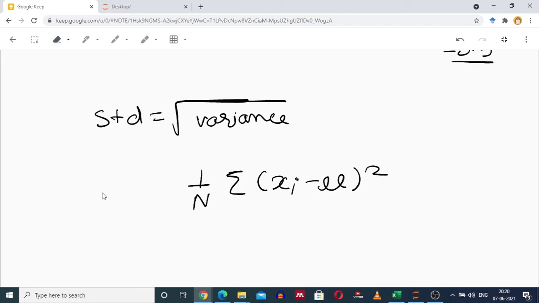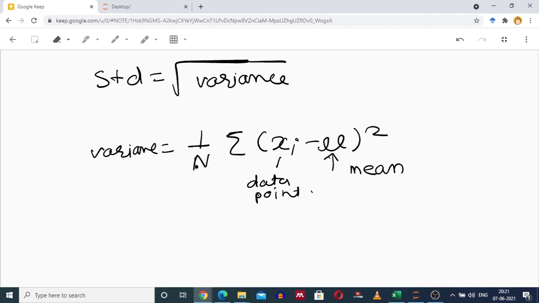This is variance. Average, therefore 1 by n, sum of squared differences of the data points with the mean, where mu is the mean and xi is the data point.